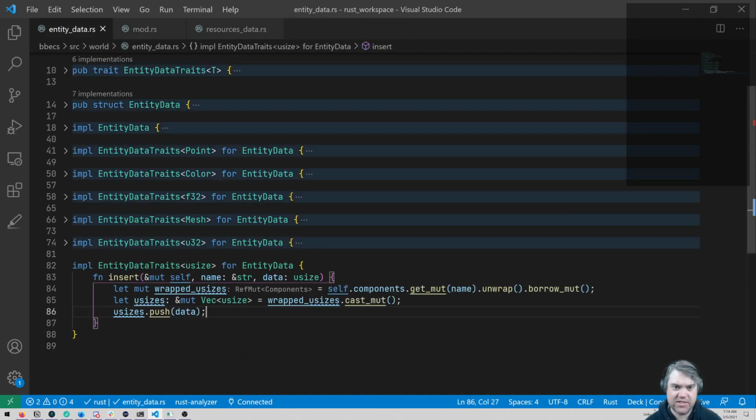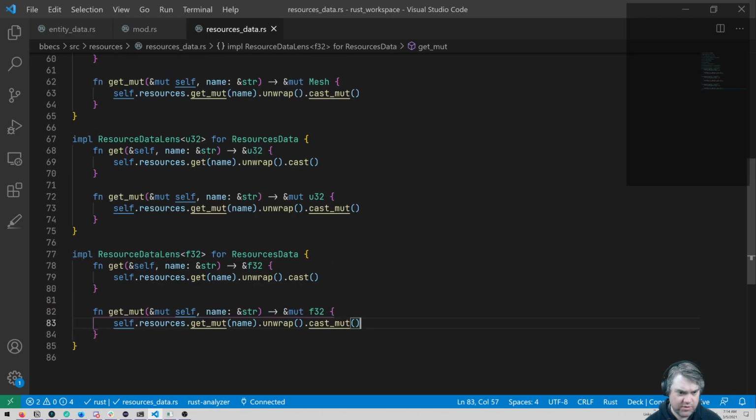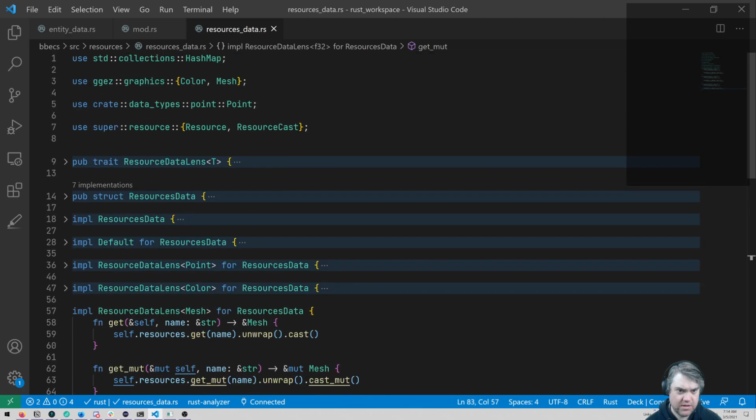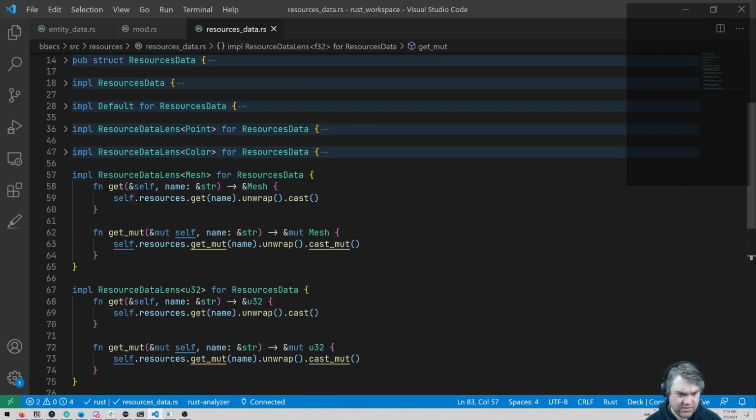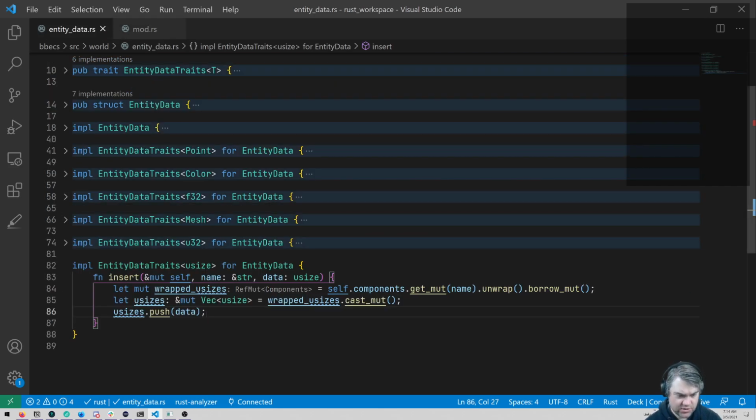Okay, so I think that's good for usize. We're back to the other one. We're good to go here. We just added usize in here for this. Oh, so that's entity data. Okay, so we just added usize, and that makes the error go away.